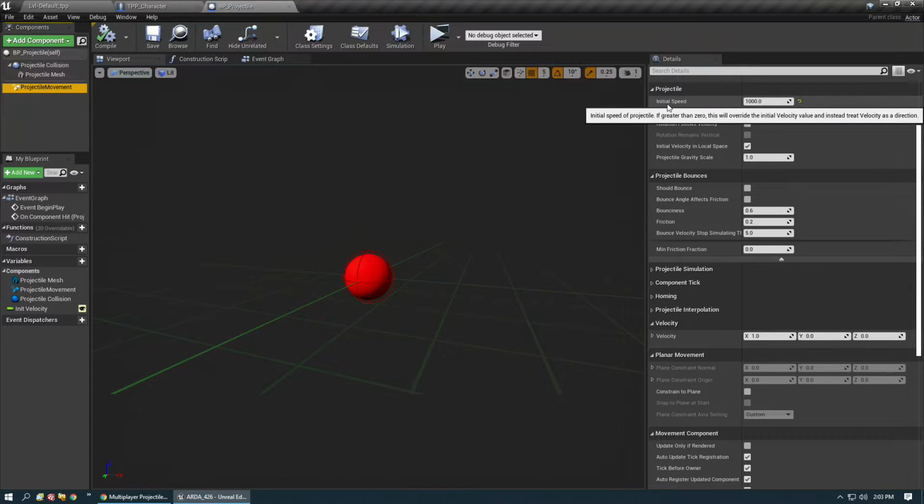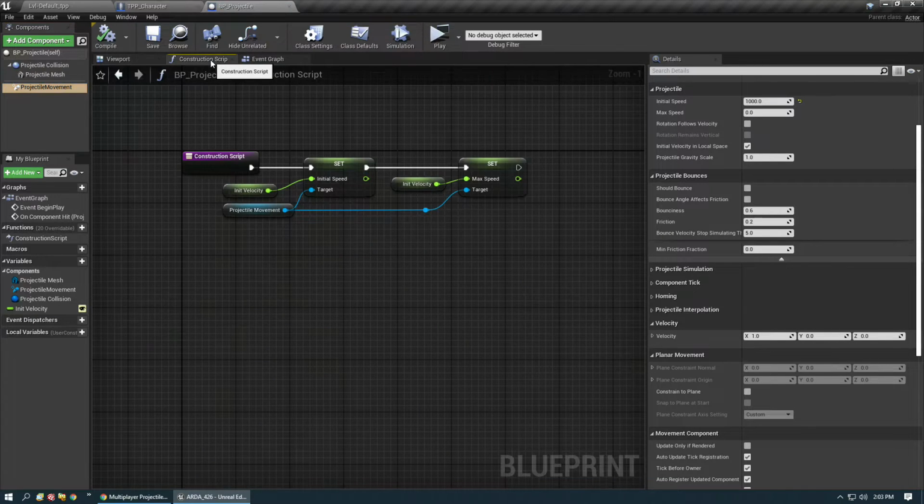Initial speed of projectile, if greater than 0, this will override the initial velocity value. Instead, treat velocity as direction. So x being 1 is forward. What's my velocity? So that's how we're running that, and the way that I do this is in the construction